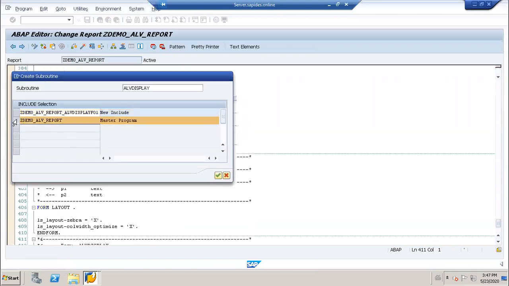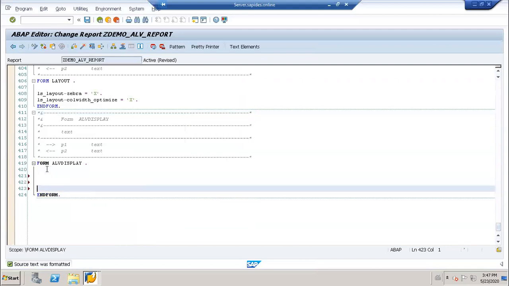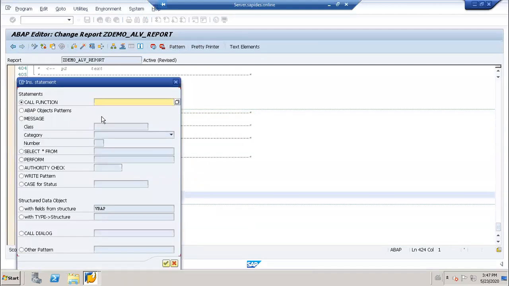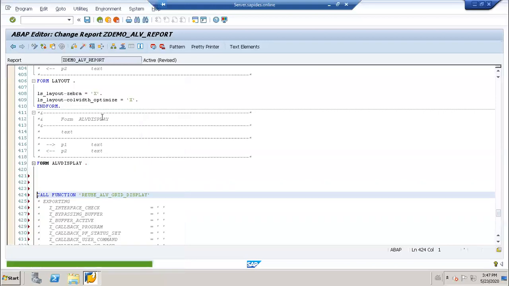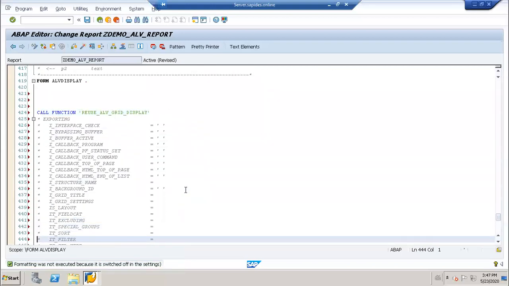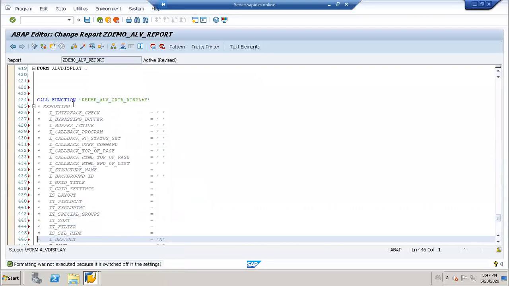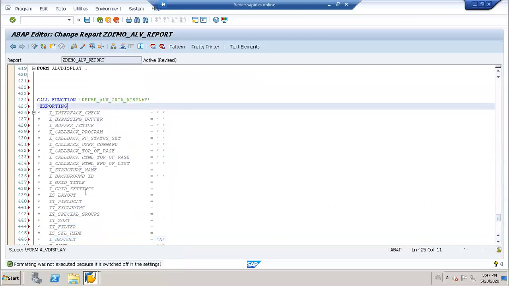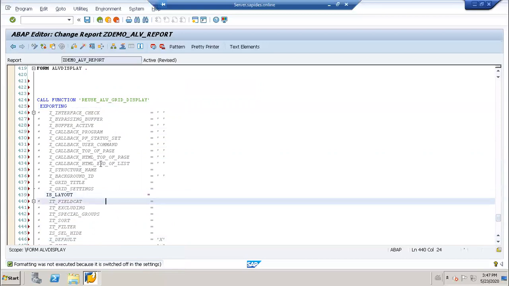Okay, so I will use a grid format. What function module will I use? I will use grid display. I will take this function module. Okay. So what are the things I need to pass here in exporting? I need to pass layout, IT field catalog.